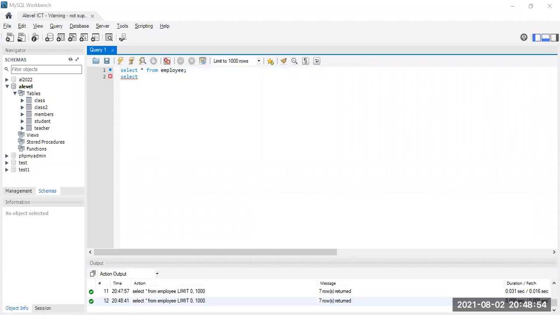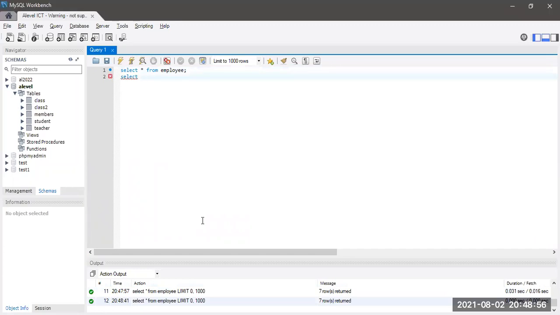Employee number and employee name. Let's say e name, comma. We can even take only the e name, no problem. But I will use e name and salary from employee. Now I'm specifying